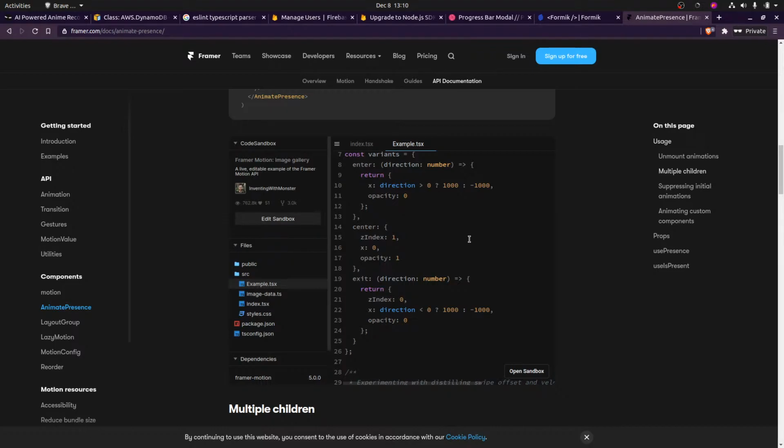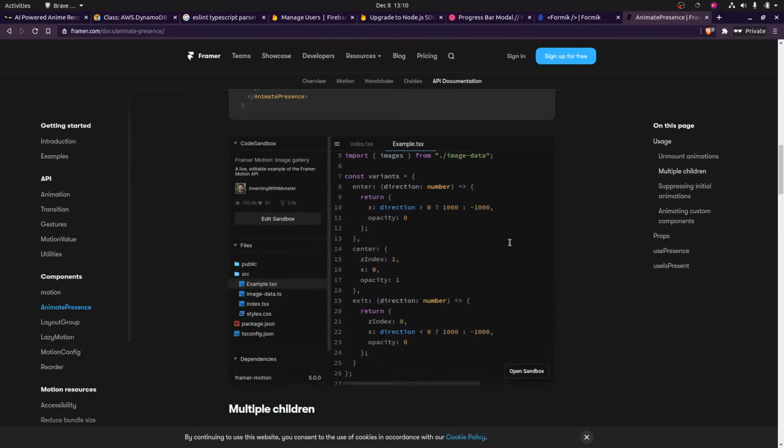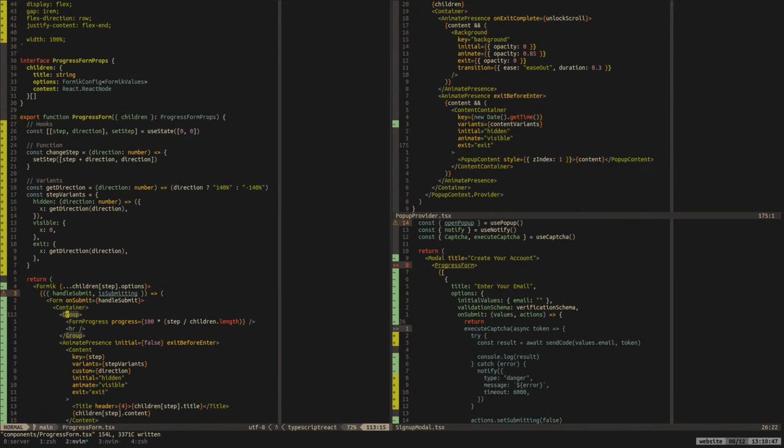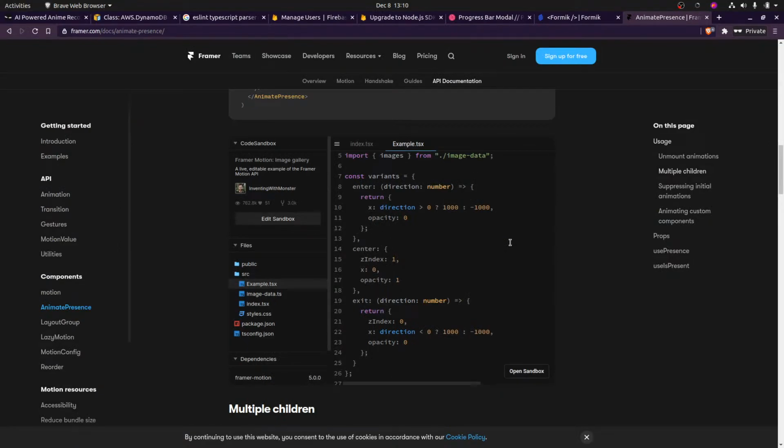Okay, let me see. Just to be more explicit, we can, oh, that's interesting. Okay. They have to actually flip it, which is interesting.